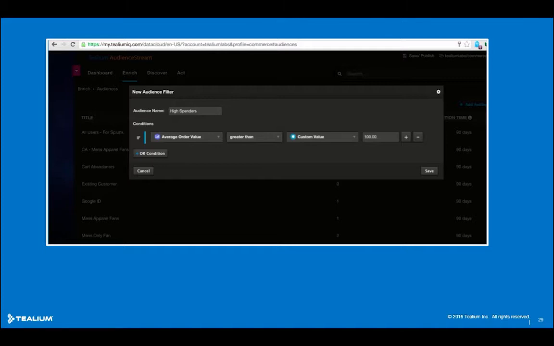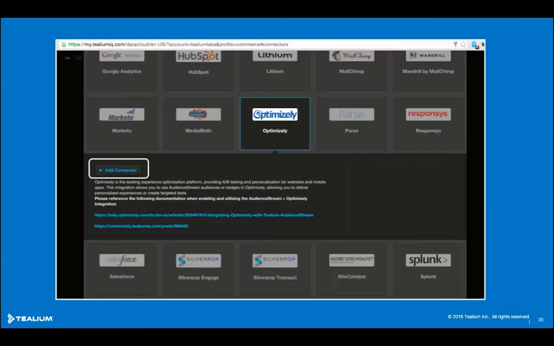So now that we have this enriched data from the universal data layer in IQ through the creation and grouping of attributes, I like to call them characteristics actually, and we've leveraged these characteristics to define an audience, we're now ready to take action on this special segment of people within Optimizely. This action within Optimizely is achieved by utilizing one of Tealium's connectors directly from within Audience Stream. And at this point, the Tealium part is already done.